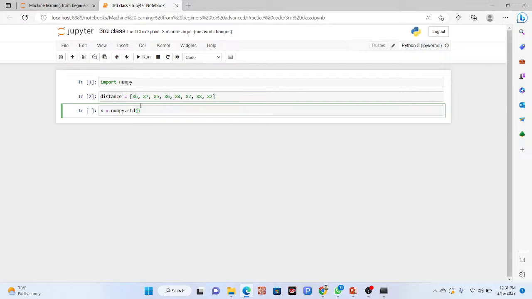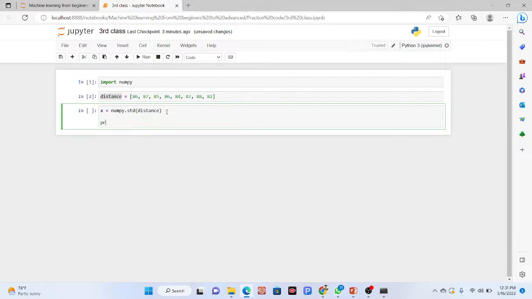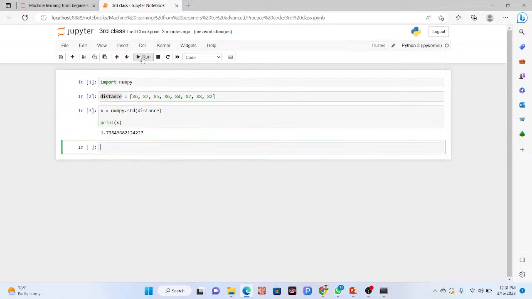This time, I want to find the standard deviation of this data set, which is already stored in a variable called distance. Simply copy the variable name and paste it here. Finally, when I print X, I can get the standard deviation result. Just click Run. Now you can see the standard deviation is